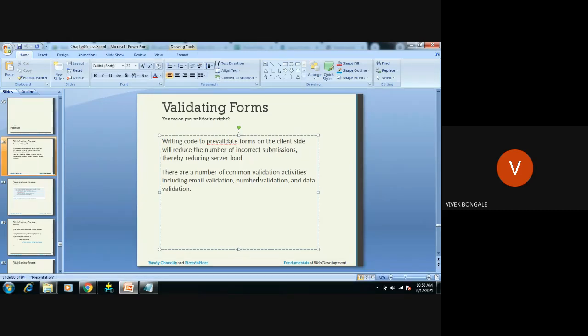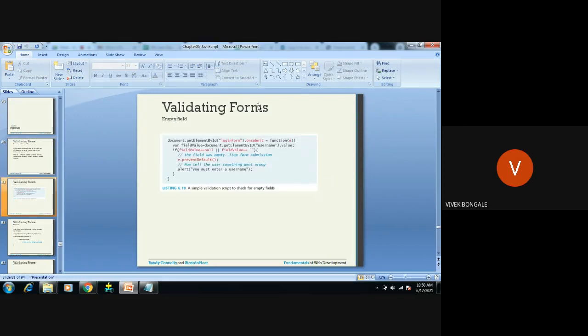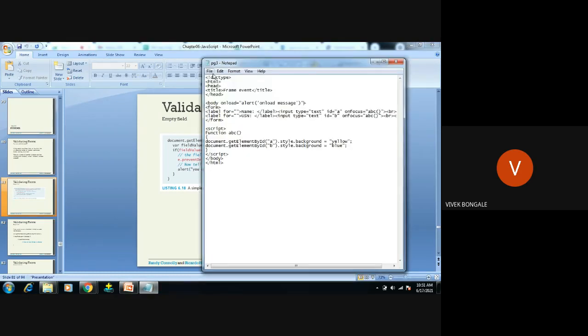Validating the form: why do we need a validator for validating the form? Before finally submitting that form to the server, we're going to check once whether all the details the user is entering in that form are correct or not, valid or not. First we'll check validating the form. Second, we check the number validating. These two we're going to check here. So I will close this.